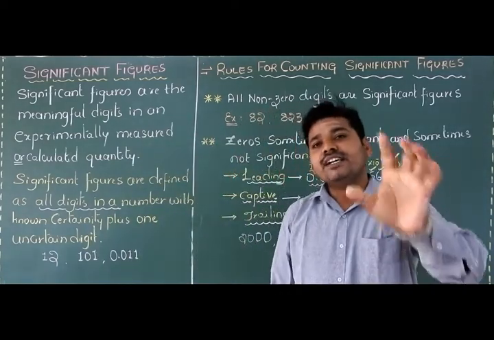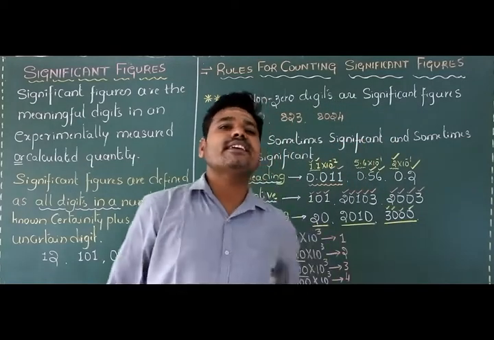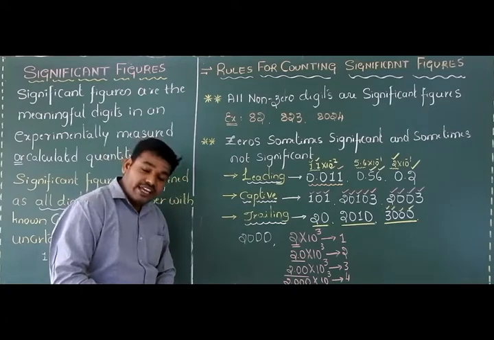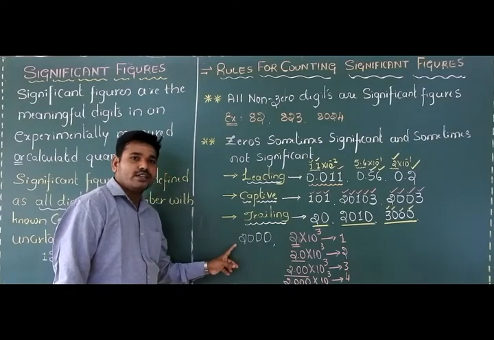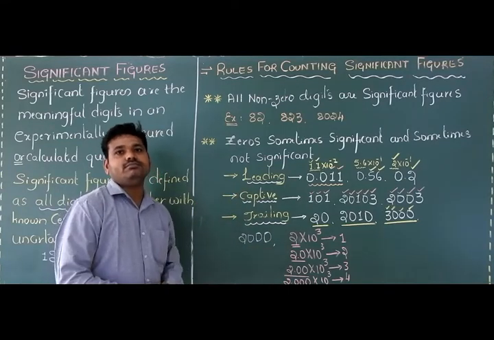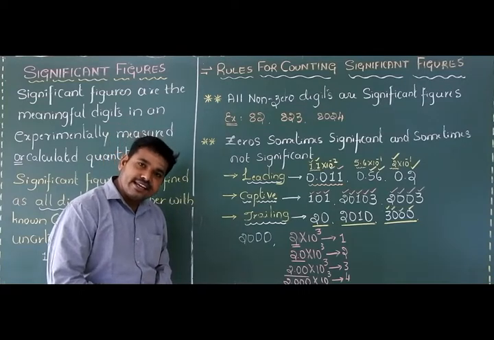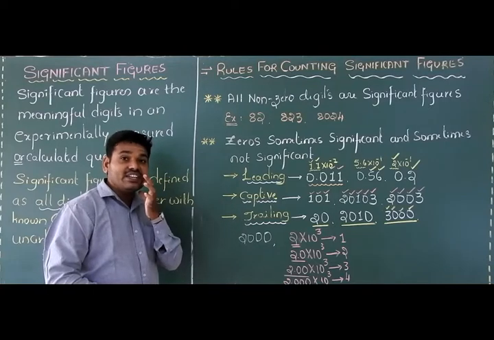And always this type of difficulties can be resolved by expressing the given number in a scientific notation, students. So therefore the number 2000 is expressed differently. Is it clear, students? Is there any doubt in this case? And again, in case of trailing zeros,